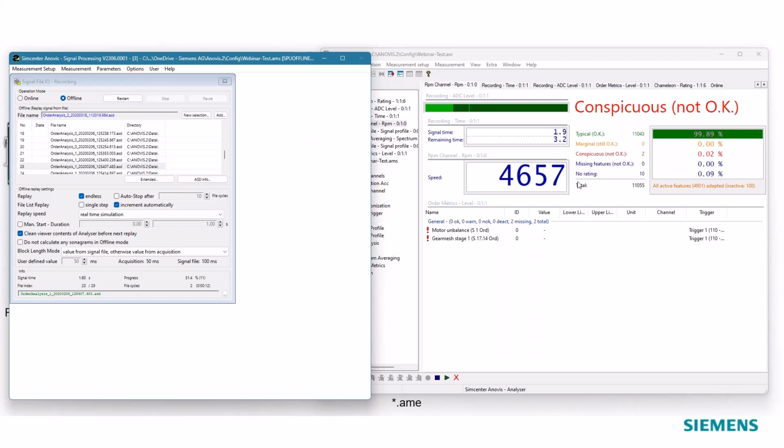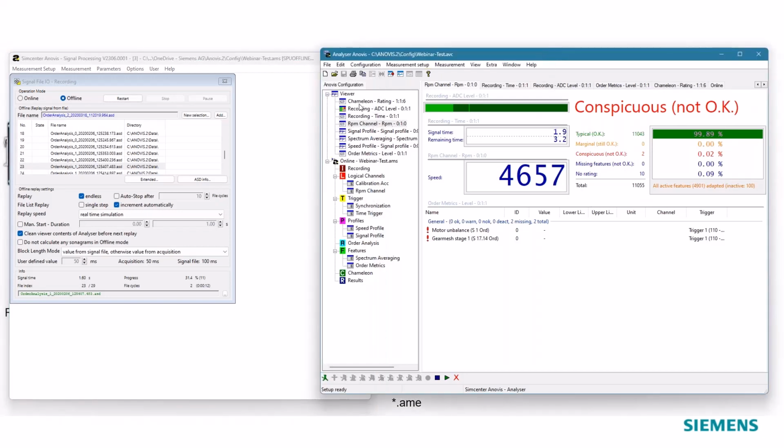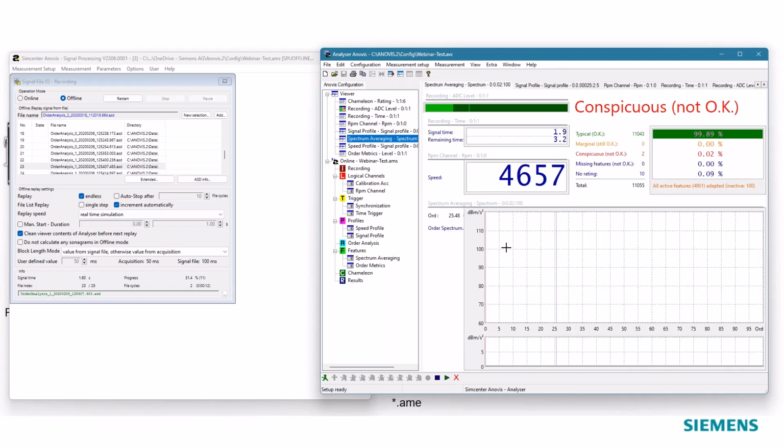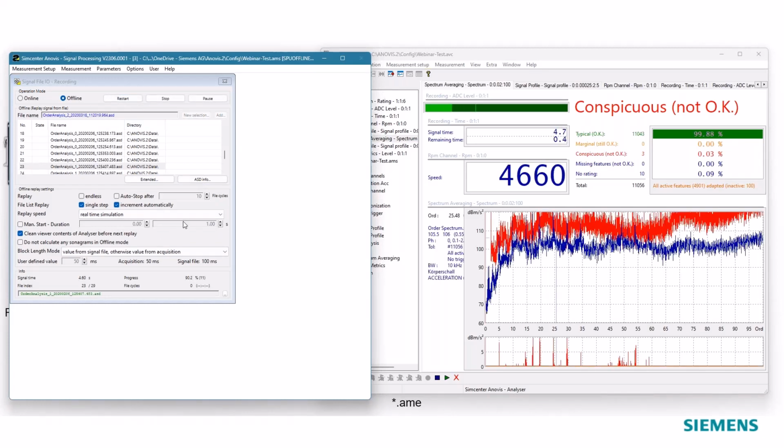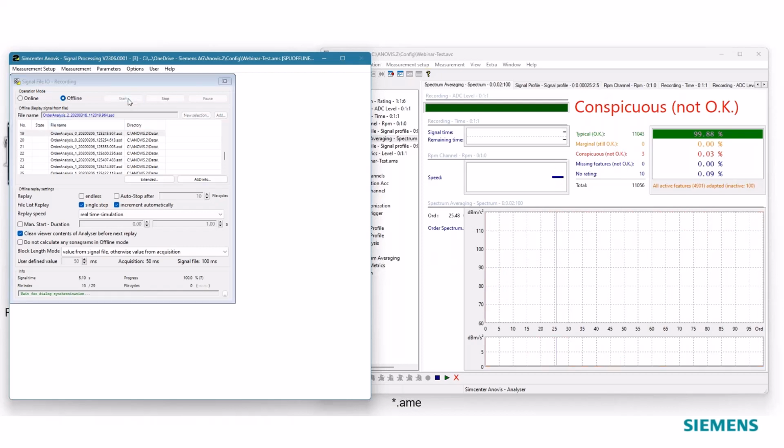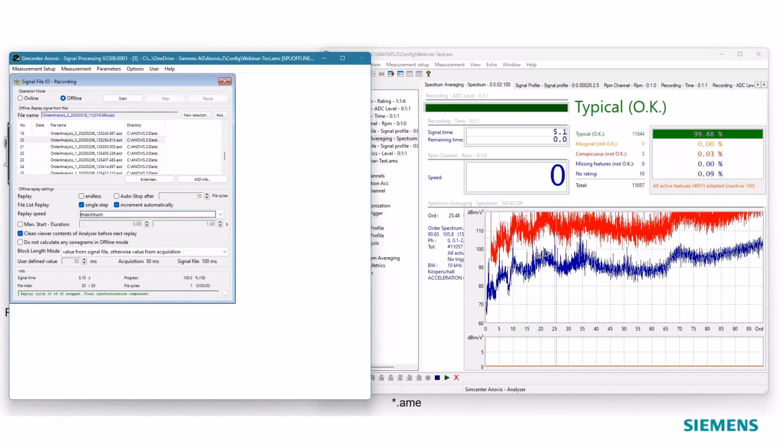And what you see here on top is the so-called Chameleon that does the check of the measurement curve. So here we also can see it. We have our spectrum. Here I have to add the curve so that we can see it. Here we are. The blue line is the current measurement. The red line is the upper limit calculated by Chameleon. And you see some parts of the blue curve stick out, and that's why Chameleon says, no, this part is not okay. If I use an okay part and switch it to maximum speed, then it would look like this. The complete line is below the red curve and we are fine.